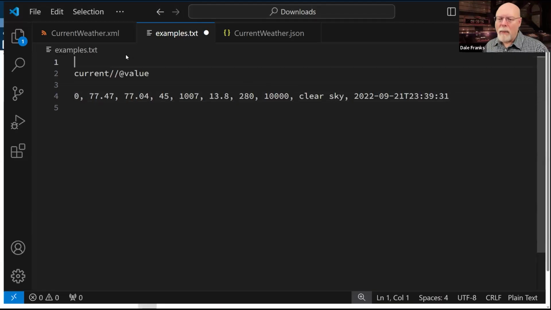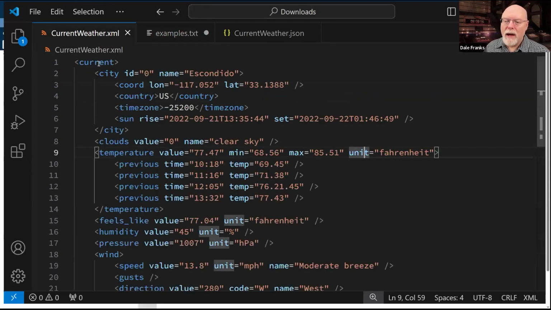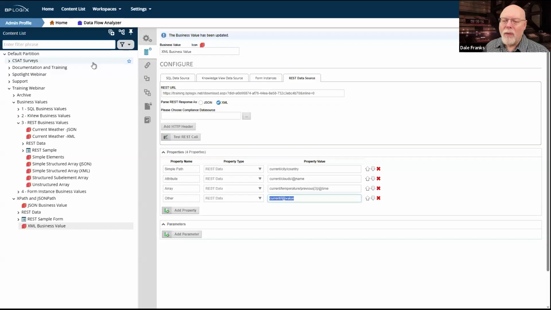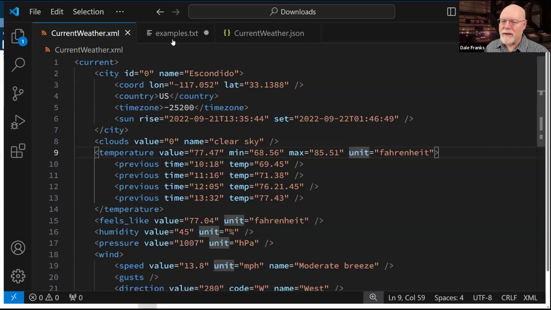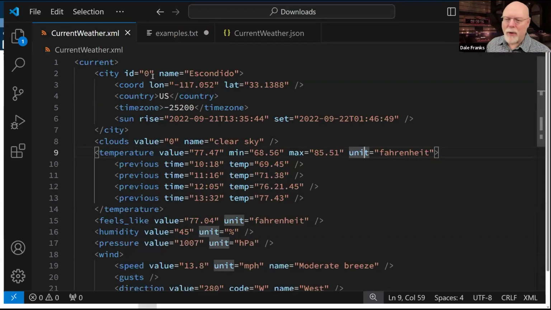So if we go back to current, we go back to our XML, and we go to current slash value, what is it returning for us? Oh, I guess I need to do that. 0 slash 7747.